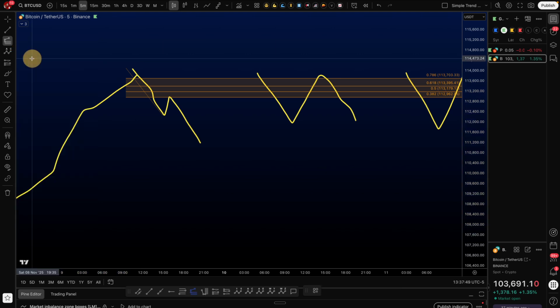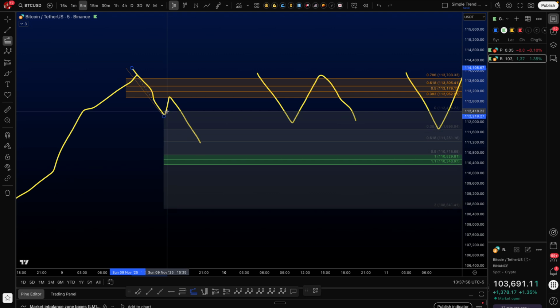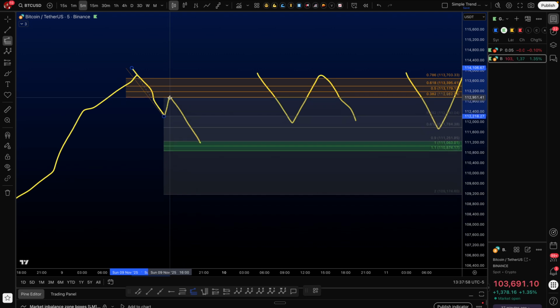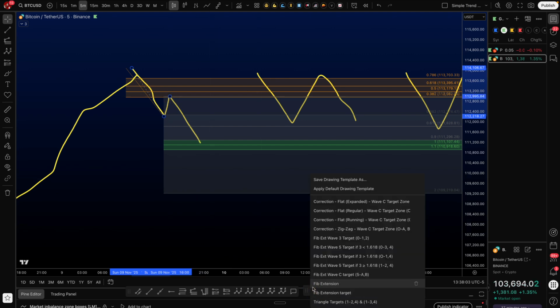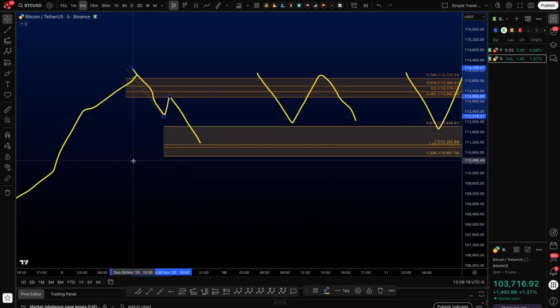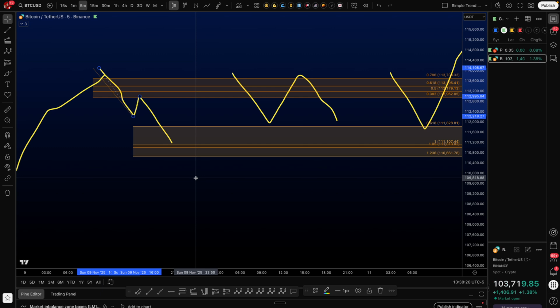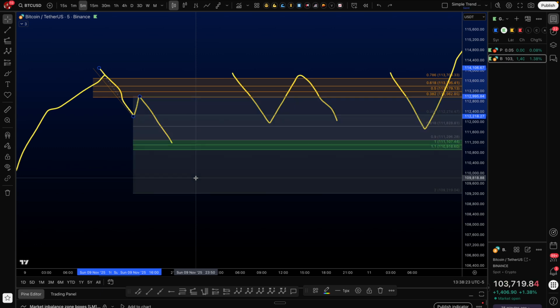Same thing, trend-based extension. This is the 3-point touch from the origin to wave A. I just measured the length of wave A, and I'm going to project that from the end of wave B where it turned around, and then I'm going to select. Which one am I going to select? I don't need to worry about, is it this one, is it this one, is it this one? I already know I need to select zigzag, because zigzag is where the price turned around, right? Remember this first measurement, the only one that made sense is zigzag, so this has got to be a zigzag. Look at that, boom, boom, boom. I drew that one right. Okay, let's get rid of those